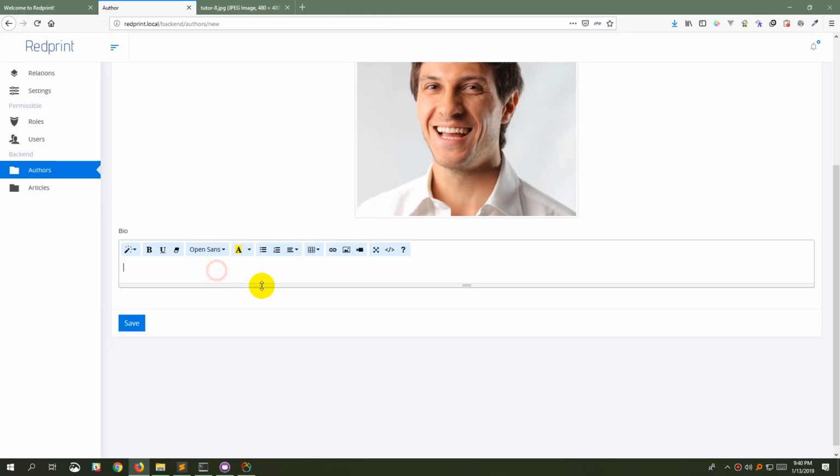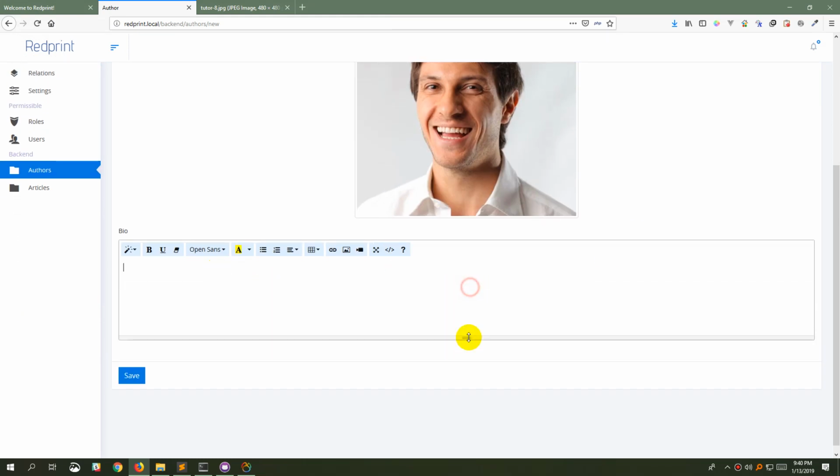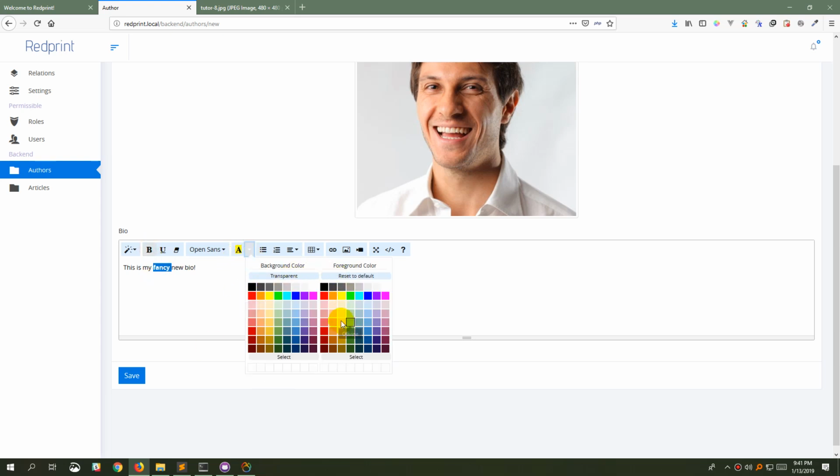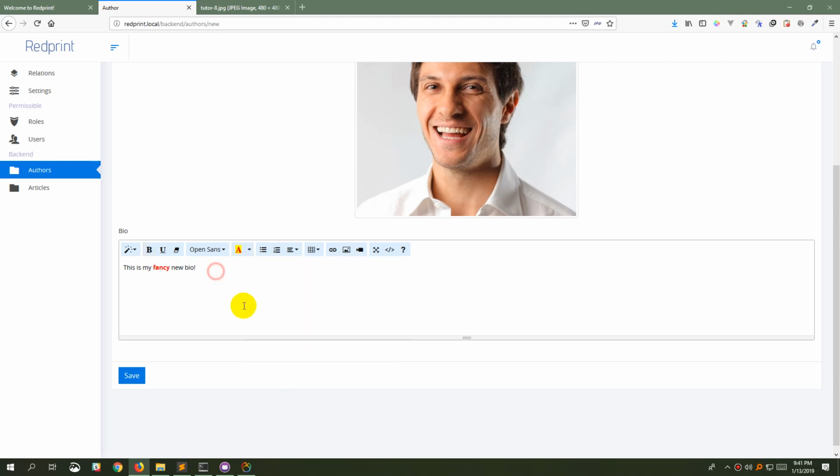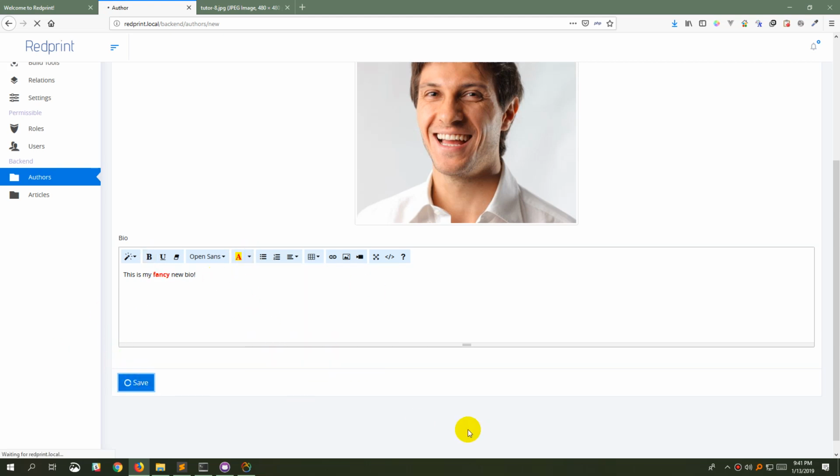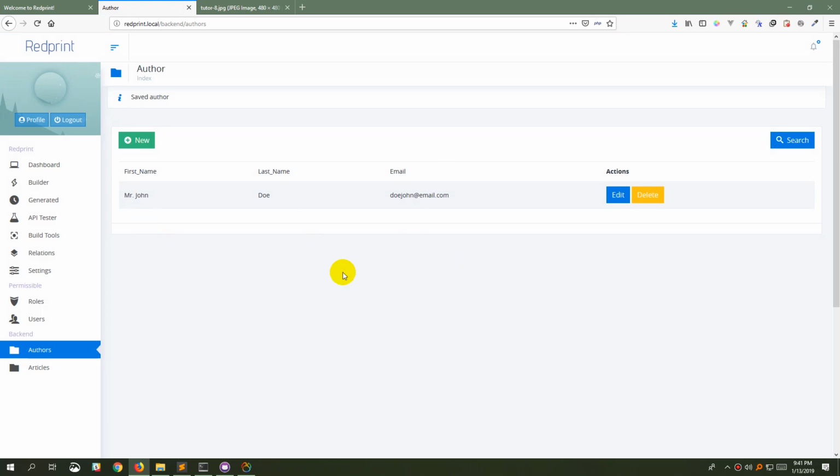Okay, and as you can see, this is also new. It now comes bundled with Summernote, so you can have your fancy rich text editor right inside Redprint now. So let's say this is my fancy new bio. Okay, that looks good, and let's make it bold. What else can we do? We can change the color of the font. Okay, that looks good, and save. So this is our new